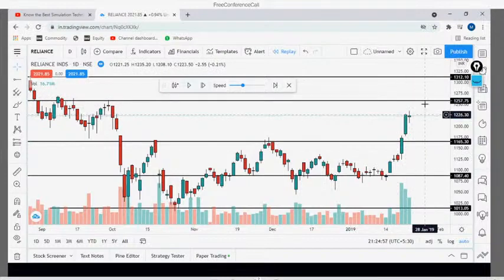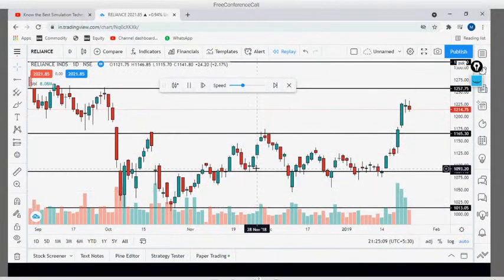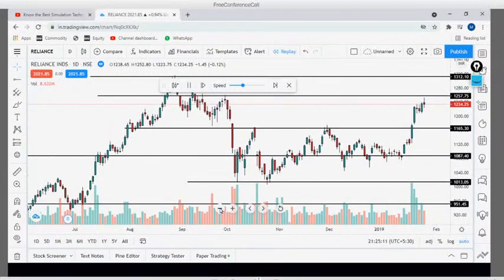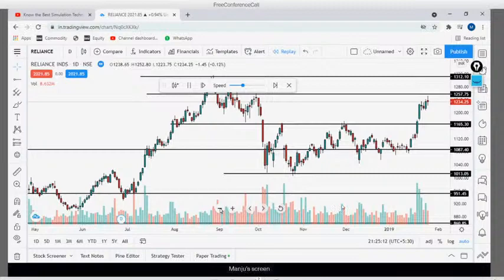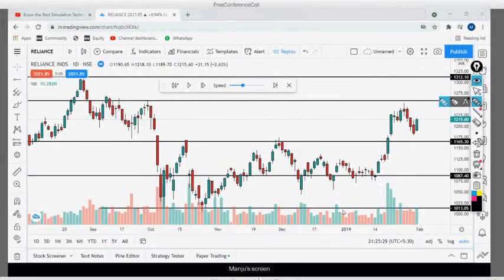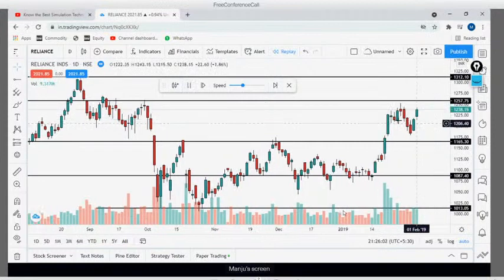See this candle. Let me pause. What did this candle do? Let me delete. See this candle, what did it do? This one is a kind of doji, and it formed exactly near the resistance level. So at that point we got a confirmation that the market is going to reverse from there. That is what it did. From this level it came down. Now we'll see how our levels are acting now.